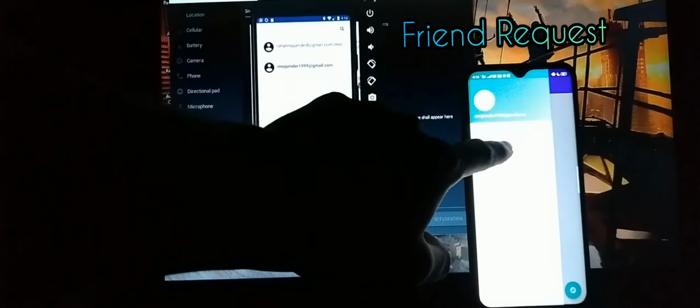So I am opening the app once again, and now I am clicking the friend request option over here. In the friend request option, two options are shown, a tick mark and a cross mark. If you want to accept the friend request, you choose the tick mark, otherwise the cross. I am choosing the tick mark because I want to be this user's friend. I have chosen this, and the home activity has been updated. So your friends will be shown over here.